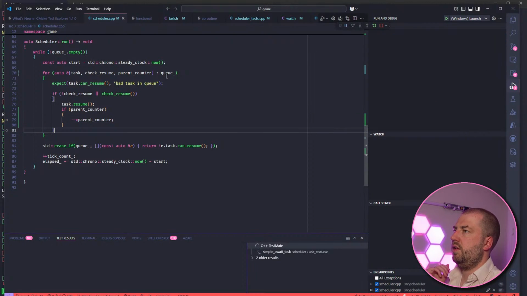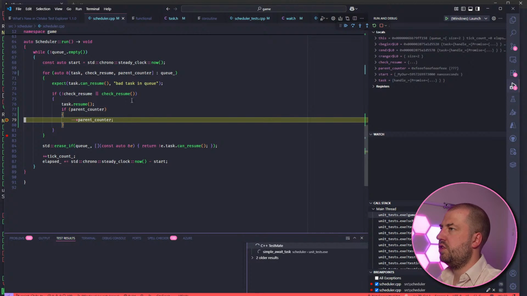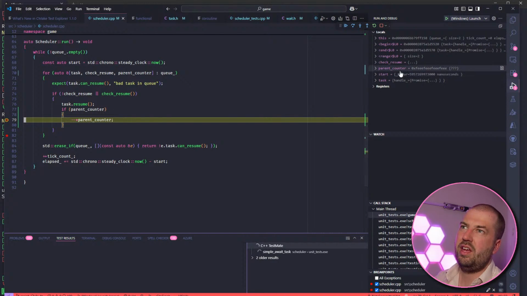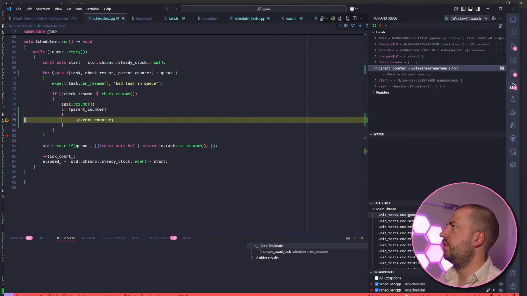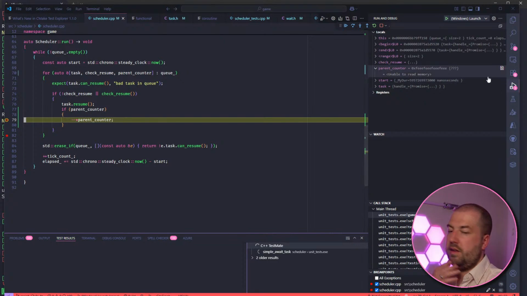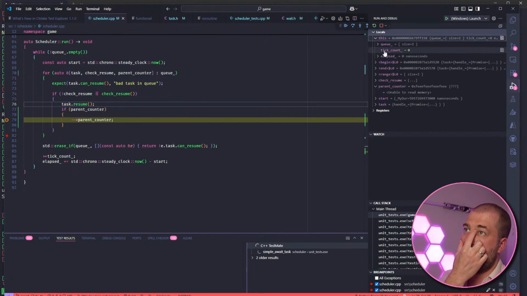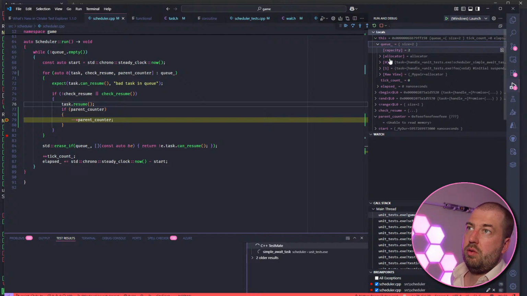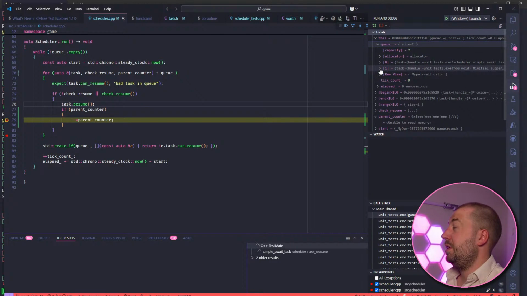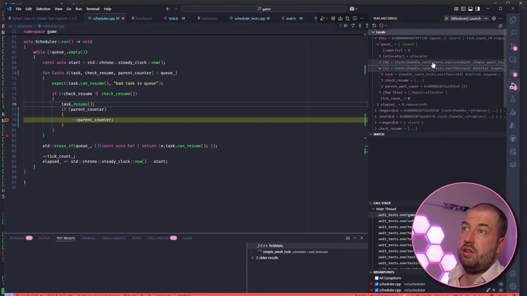Just run that again so we get to pause there. So it's definitely resumed the task, okay. And then, oh no, it's definitely bad memory there. I don't know if you can see that, but it's definitely got poison value in it. What are my tasks look like? This queue. This will be the child task at second.